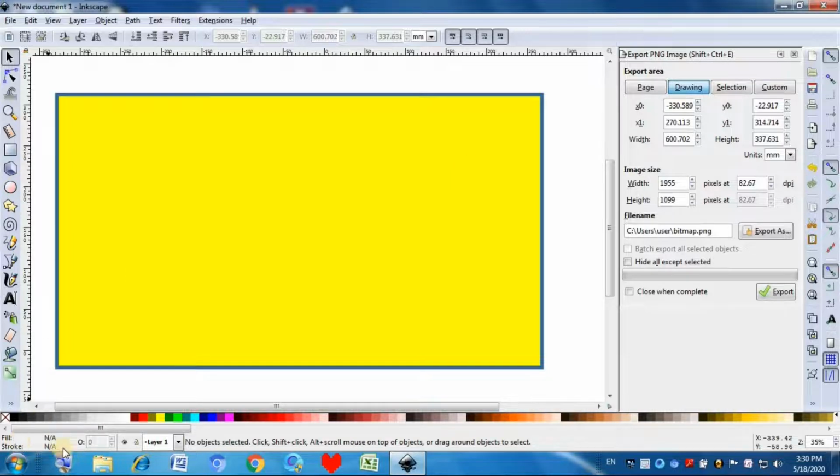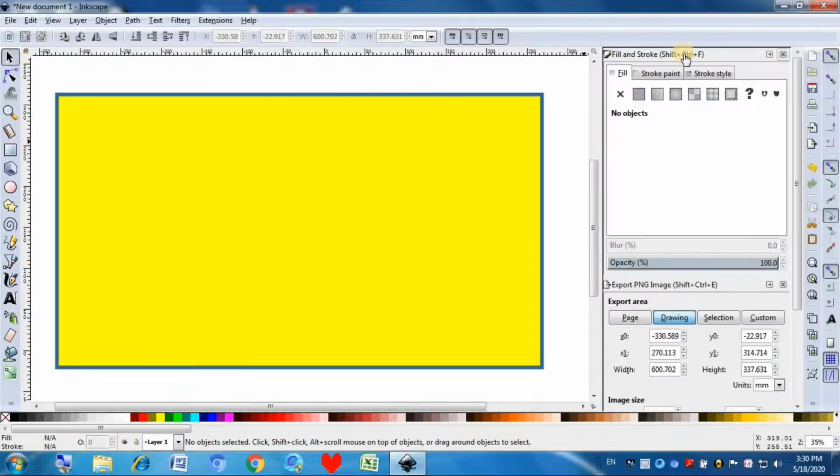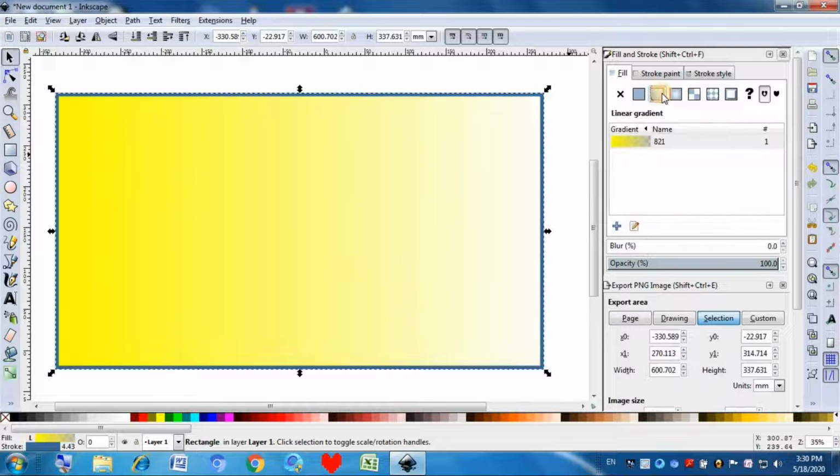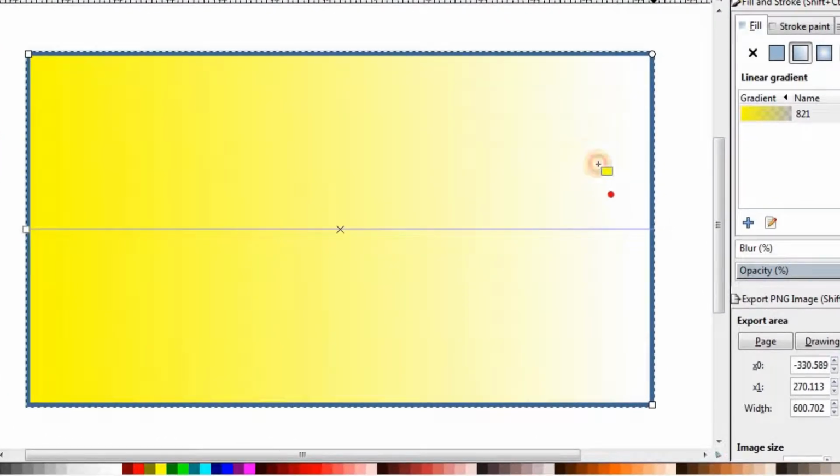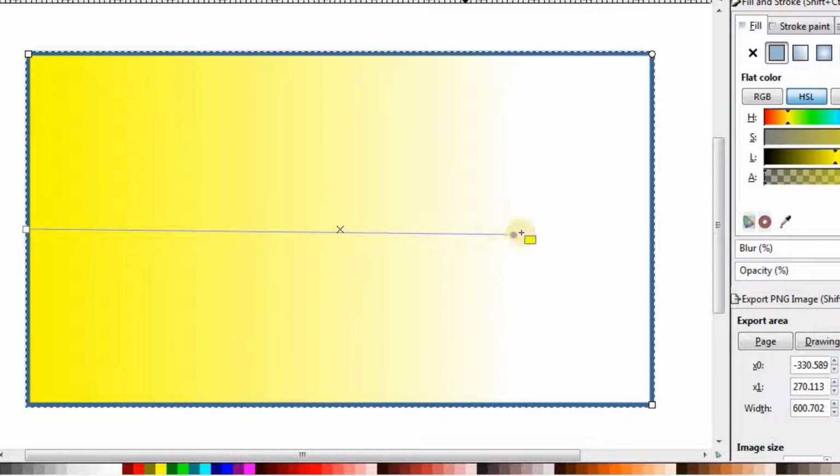Okay, so now what we are going to do is, first you have to select the object, click on linear gradient, okay, then click the rectangle or circle, any object you have, twice. So there you go, it is here. So now just select this and adjust it, you can adjust it pretty well. As you can see, the colors change their angle a bit, and you can give a color over here.